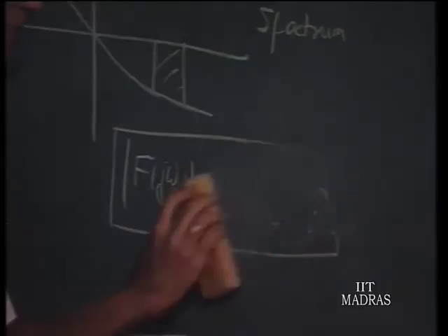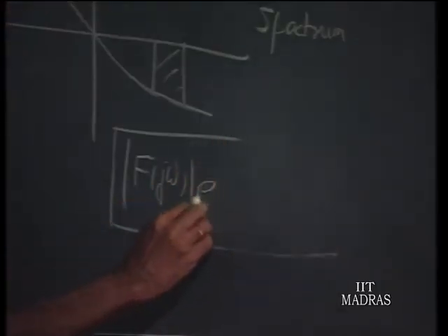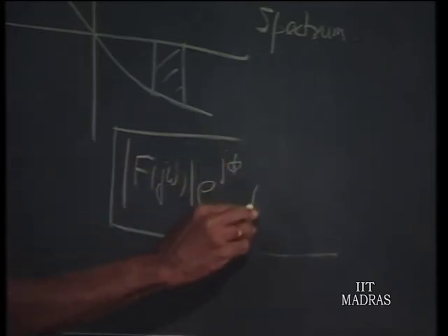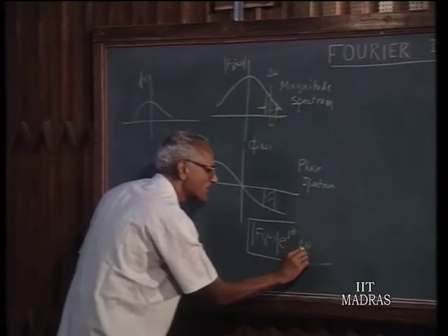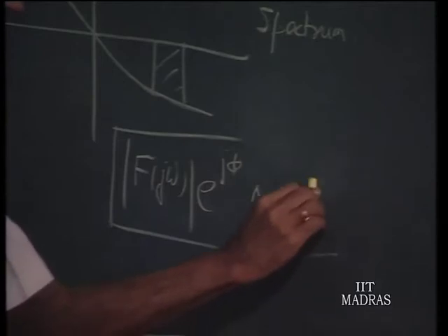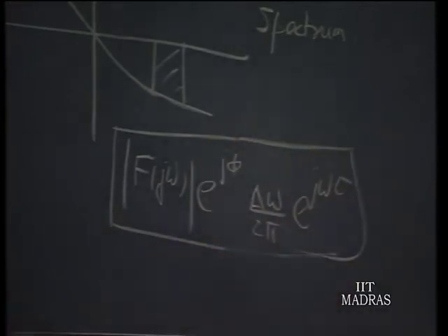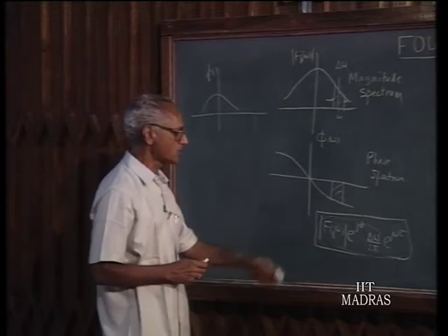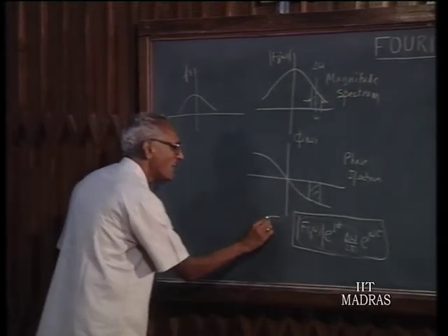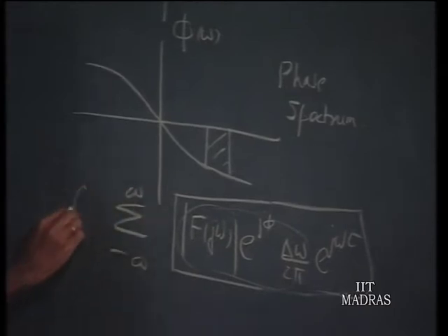I will write this again, |F(j omega)| e to the power of j phi. This is the coefficient density, but since we are talking over a band delta omega, it is delta omega over 2 pi, because the density is in terms of the frequency, times e to the power of j omega t. So this is the signal that is represented by these two sections. This is the strength of the signal, this is the coefficient, and this is the time function. And if you take the limit of all such individual components over the frequency band extending from minus infinity to plus infinity, as delta omega tends to 0,